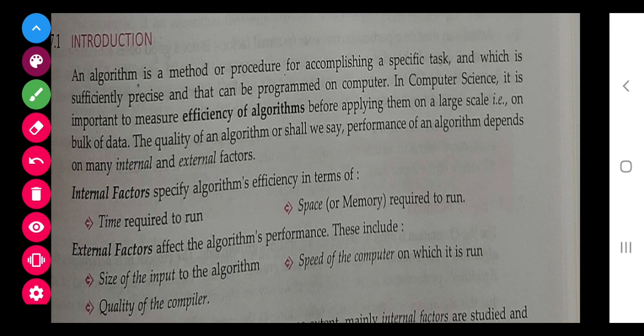Space is also not a big thing, because we can increase the space, we can take variables of higher size, and we can make more variables. So mainly in internal factors we will work on time, and in external factors the size of the input.